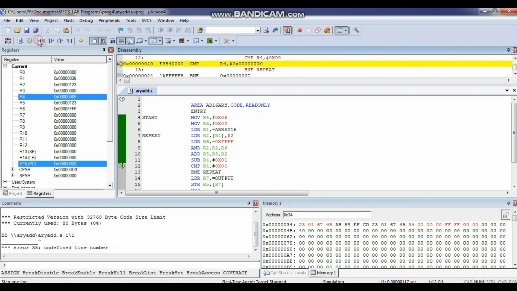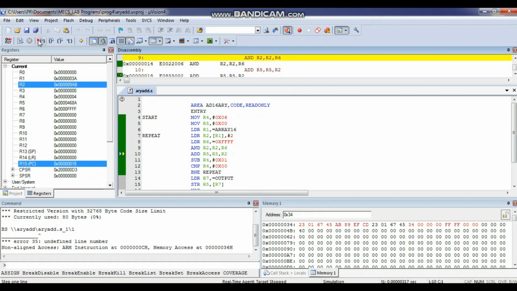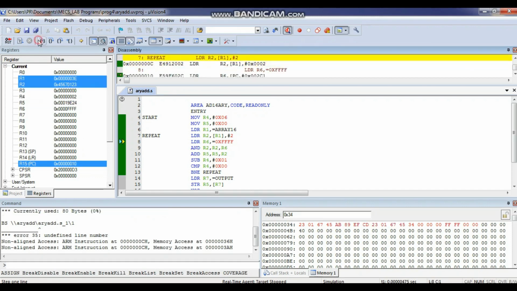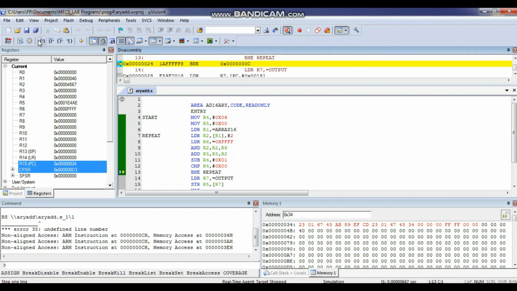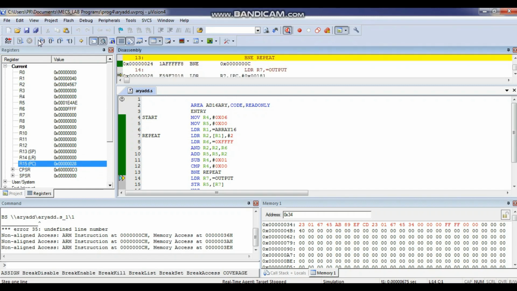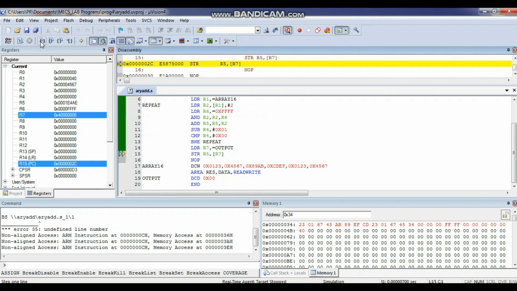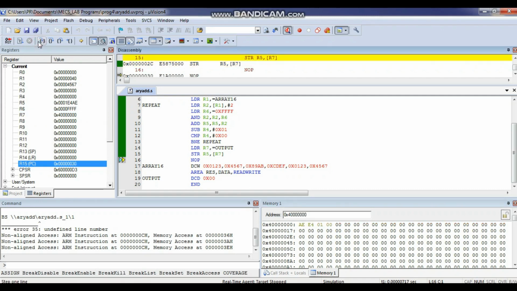Okay, so continue this one till R4 becomes 0 or till NOP. So continue this thing. R4 is now 0. Now we got the address of output, which is 4, and there are 7 zeros associated with it. Type in that one. Okay, so this is the output address, so we have to get the output here. Just do the step execution once again.